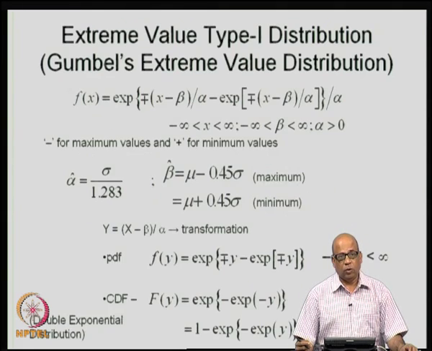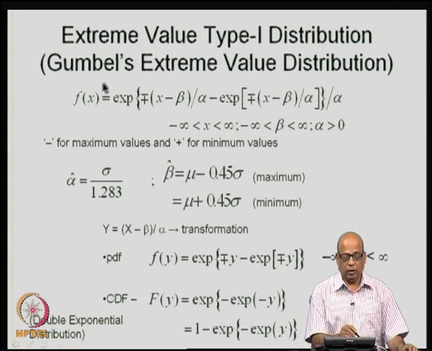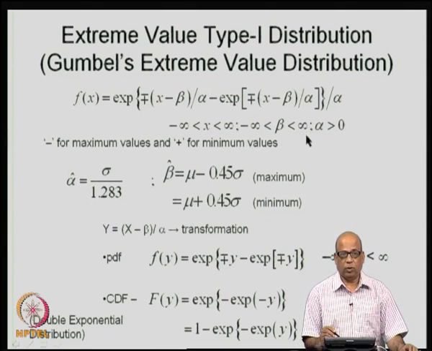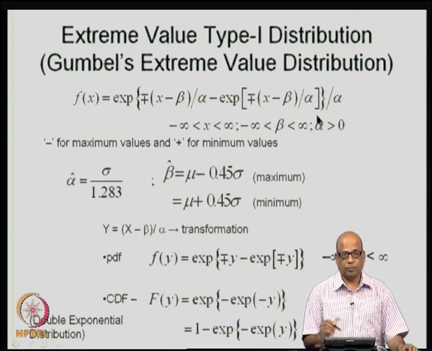If you recall, we discussed the extreme value type 1 distribution in the last class, which is also called Gumbel's extreme value distribution. Commonly in the hydrology literature, we find this nomenclature, that is Gumbel's extreme value distribution or simply Gumbel's distribution. We introduced this PDF in the last class, f of x given by this expression. It has two parameters, alpha and beta,